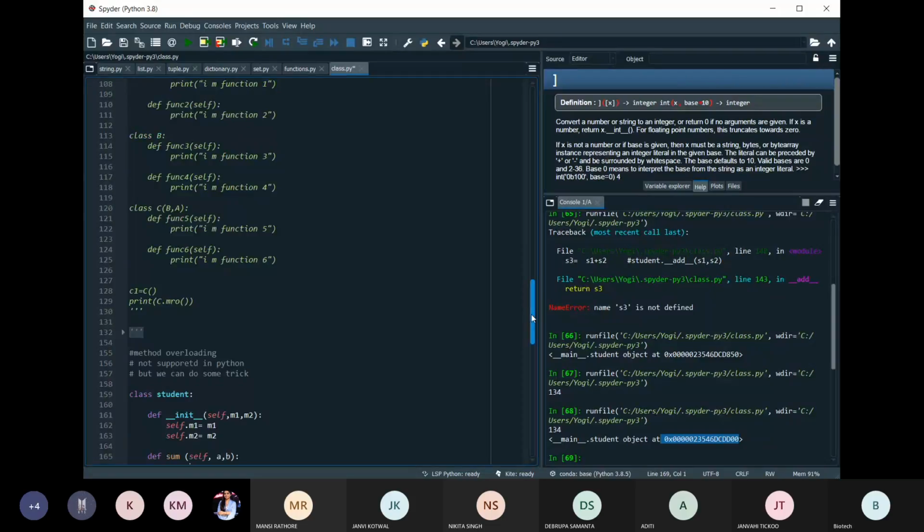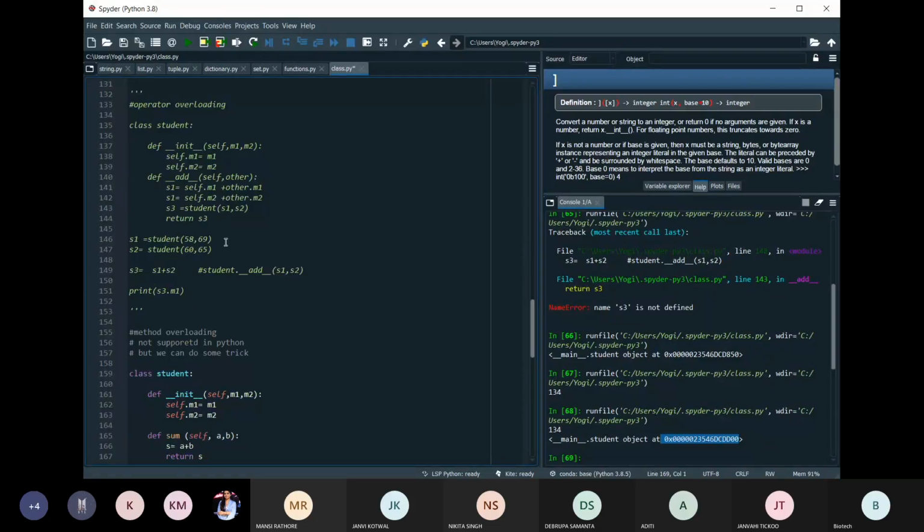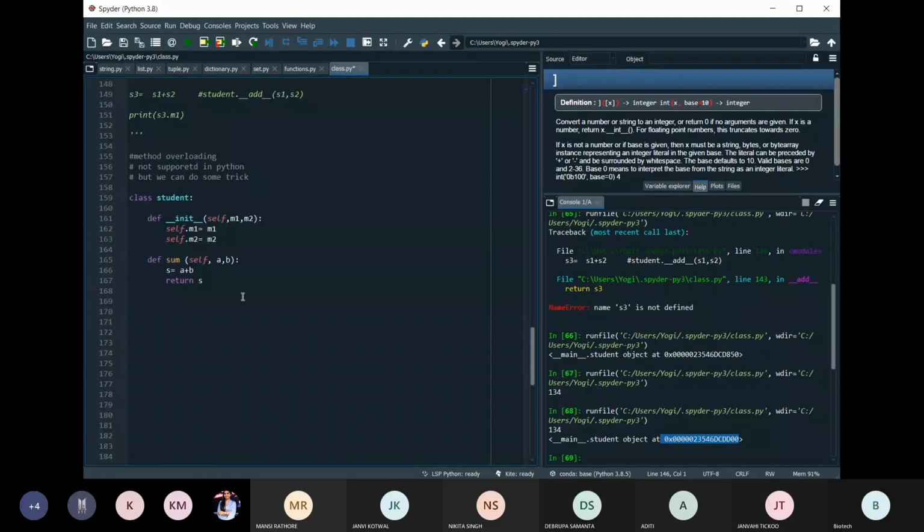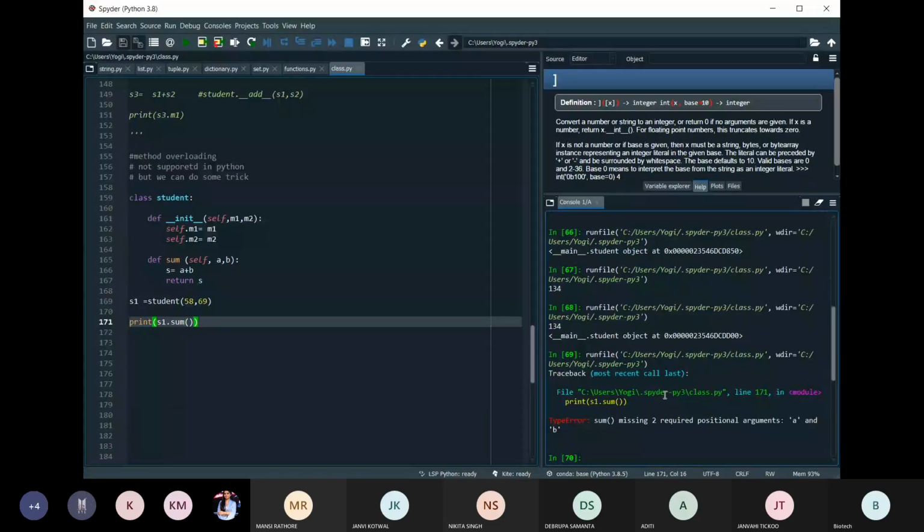In this line I'm creating the object s1, and then I'll print s1 dot sum. Okay, so see what happened. Sum is missing two required positional arguments a and b. Okay, I need to give the arguments here also.